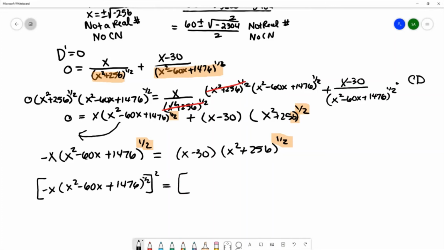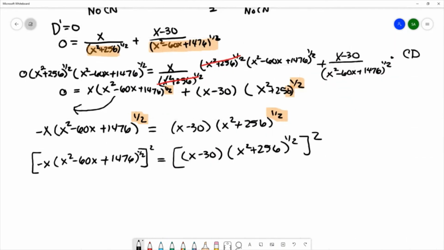Then I'm going to square the right-hand side. And we're allowed to apply this square to the individual factors. You can only do that when you have factors inside or a quotient inside. If you have individual terms, you can't apply the square to the individual terms. So that means negative x squared is x squared, and then the 1/2 power and the squared cancel each other